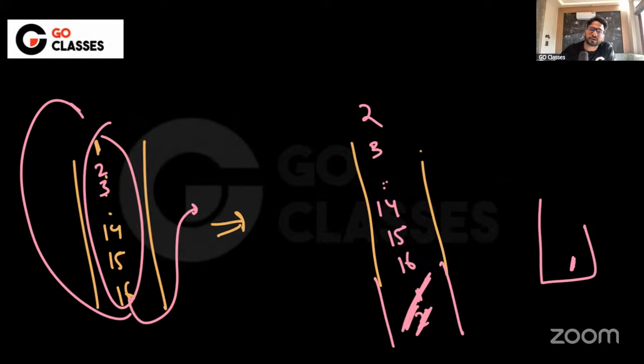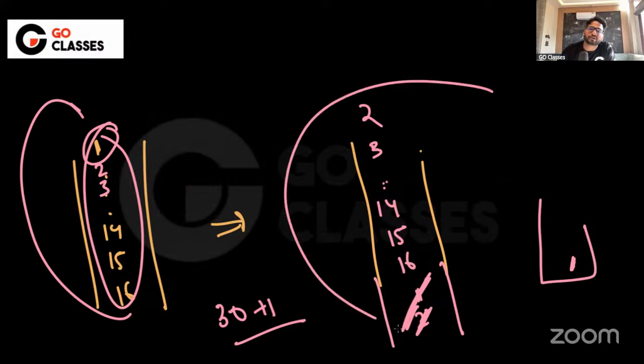Since there are 15 elements apart from this one, you are doing 30 operations, and then one is not getting shifted back. It is just one operation you are taking for that one. So 31 operations you are doing. After 31 operations your configuration will look like this.